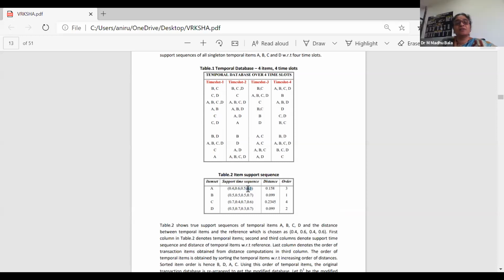Okay. Then what about the rest of the 3 values? Again, for the rest of the 3 we are going to do the same approach, ma'am. I didn't get the question. It's not like that. Suppose the first value is the frequency of A in the time sequence. The second, third, and fourth values, 4 values are there in that sequence, right? What are those 4 values meaning? Okay. 1 minute, ma'am.